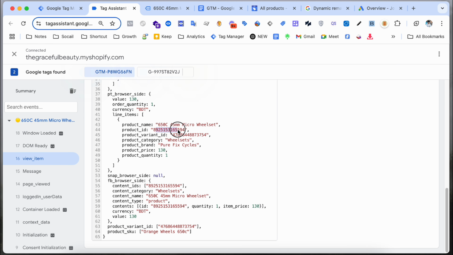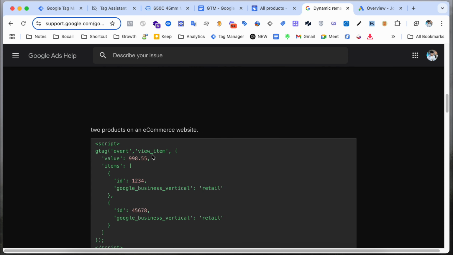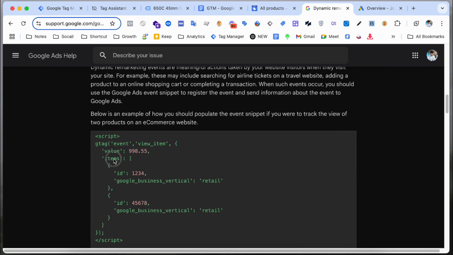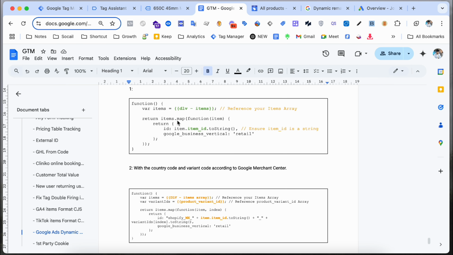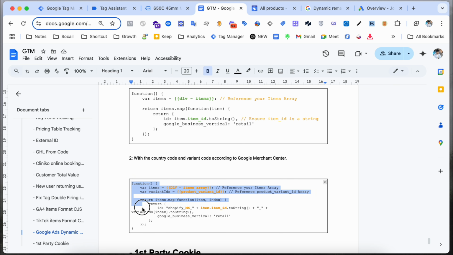We also get this item ID, but now we have to format everything properly according to Google's requirement: the items array under the item ID, and also the Google business vertical, retail or something else. For e-commerce, most of the time we use retail and ID. For this we have to create a custom JavaScript variable, whose code I already wrote here. You just have to copy and paste. So this is our code. Just simply copy this code,